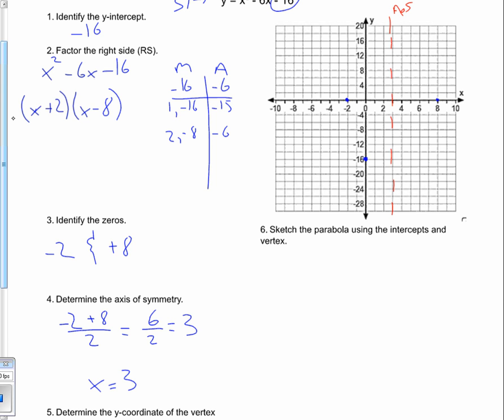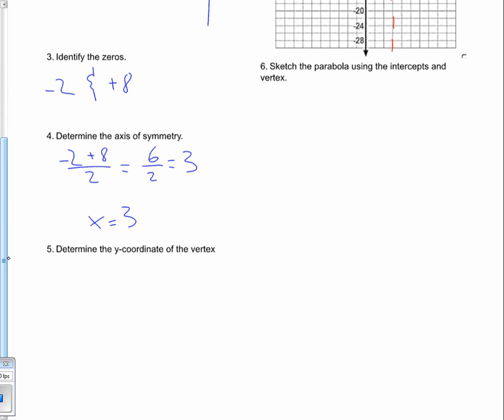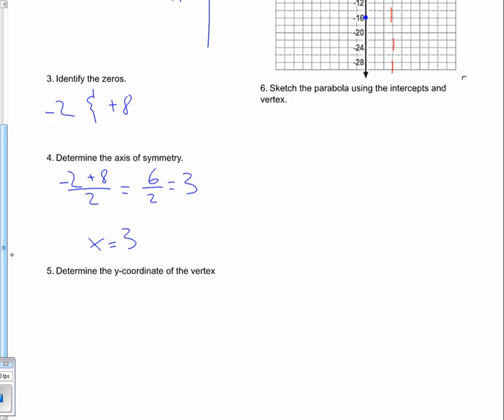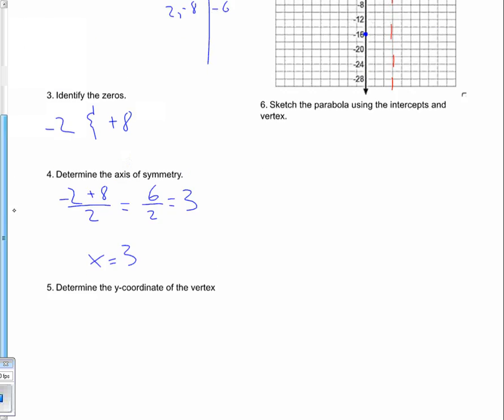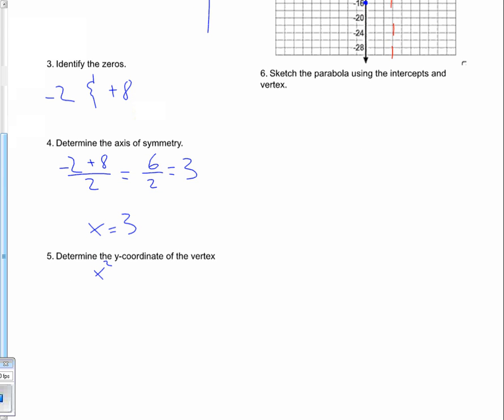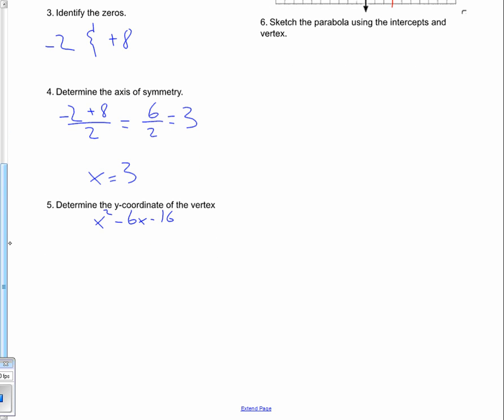Okay. So the next thing I want to figure out, in part 5, it says determine the y-coordinate of the vertex. So if I'm going to determine the y-coordinate of the vertex, I need the original equation. And so if you'll bear with me, the original equation is x squared minus 6x minus 16. I know that x already equals 3 because I determined that. So I'm going to substitute that piece in. So I'm going to put in 3 squared minus 6 times 3